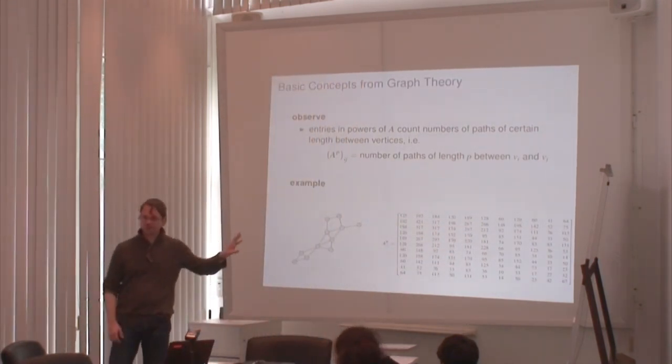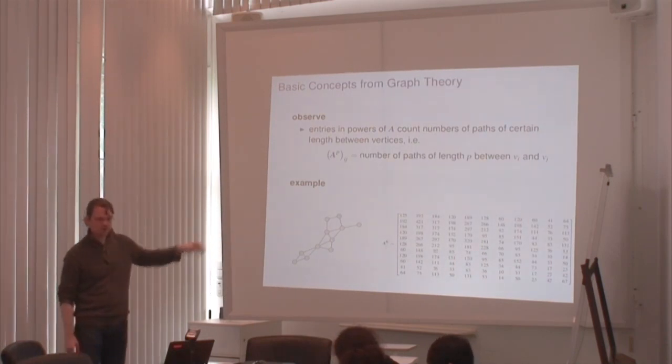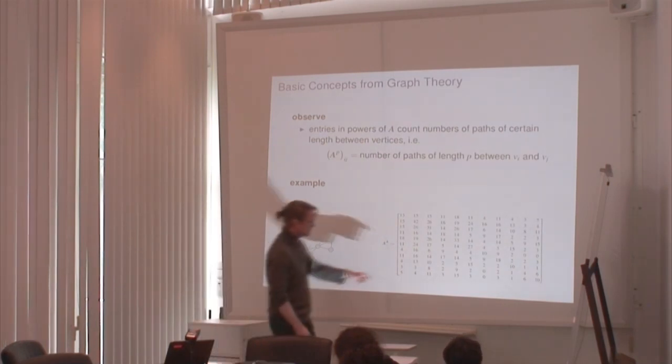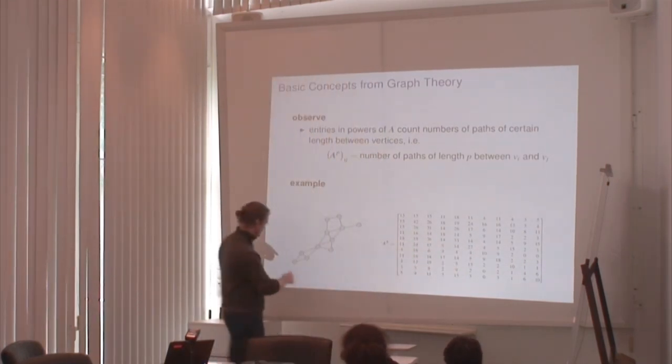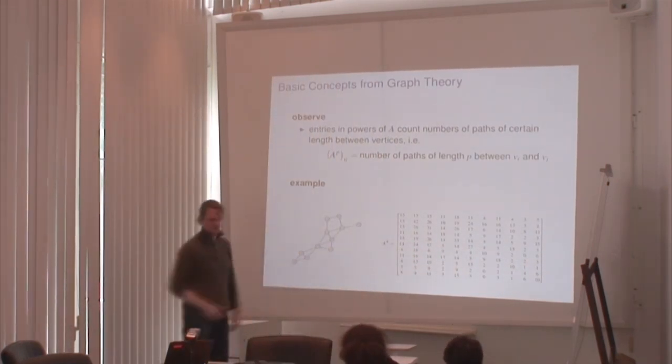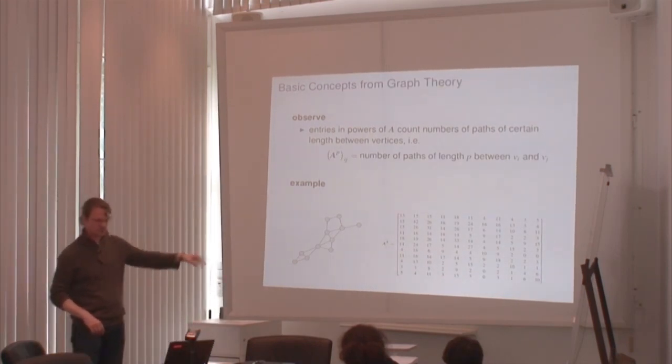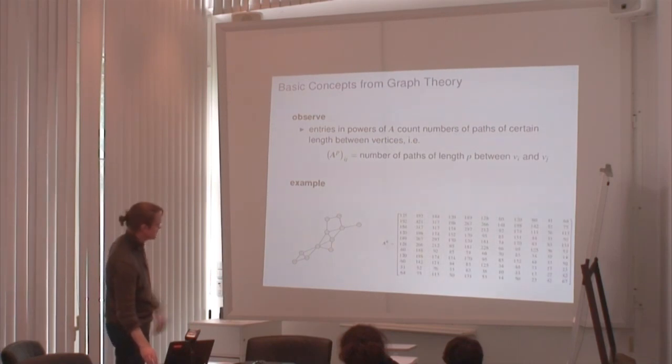I did not show the fifth power of the adjacency matrix, but in the fifth power, these two zeros would have been replaced by, I don't know, there are actually 2 paths here, or however many paths there are, but then there would have been entries different than 0. Now in the sixth power,